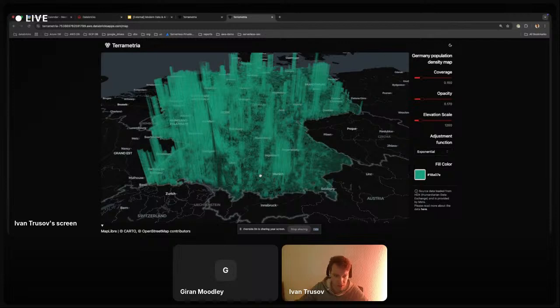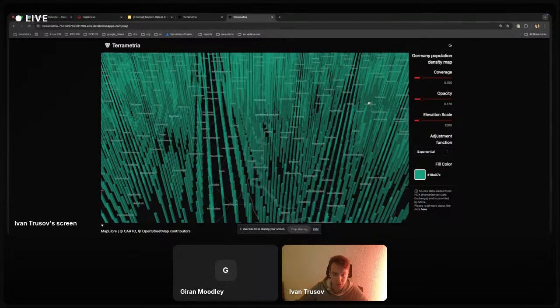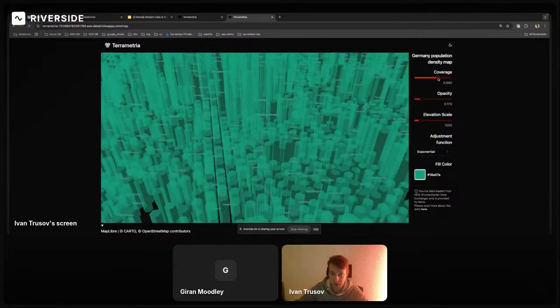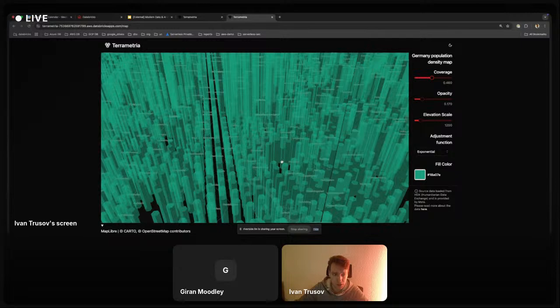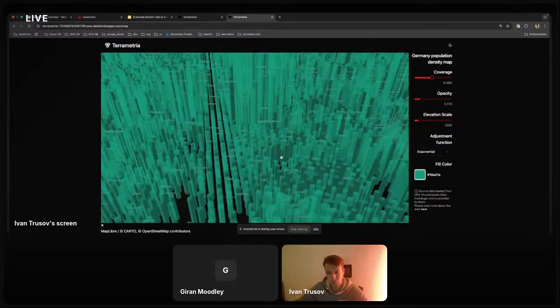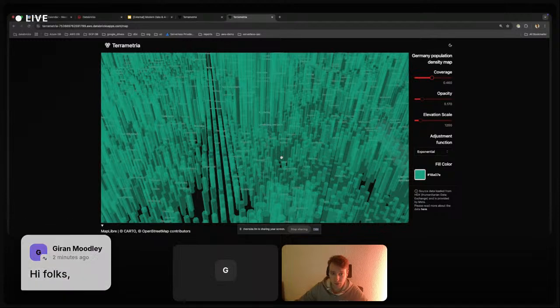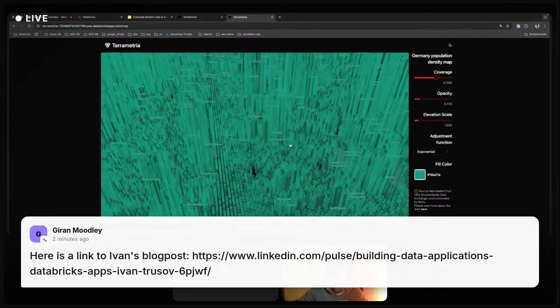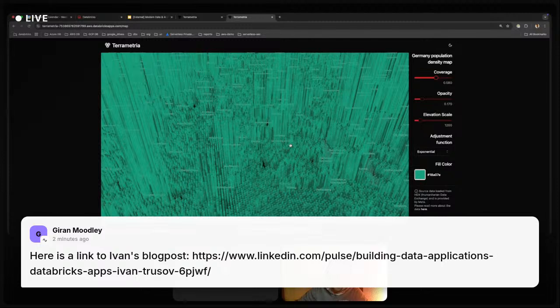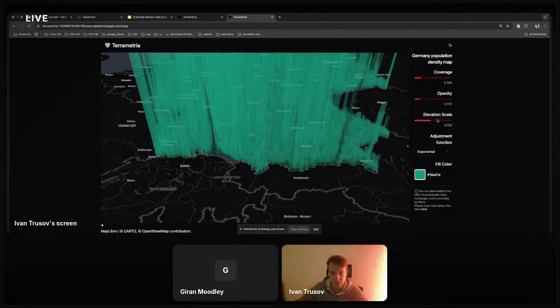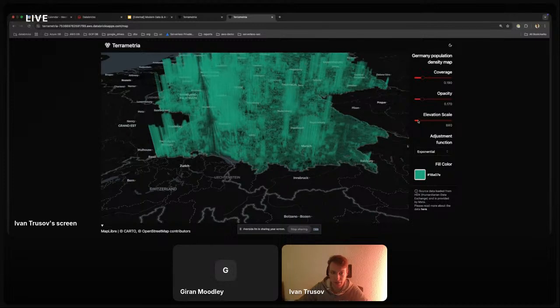So as you can see, it is like a really precise set of hexagons, which are practically covering the whole space. Depending on the level of zooming, you probably may need to move a little bit the switches here. And this is, again, very rich, very powerful UI level controls. And we can control many things here. We can control the coverage metrics. We can also control the opacity and many other things.